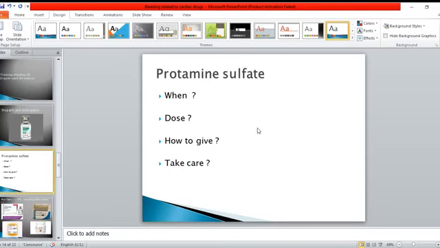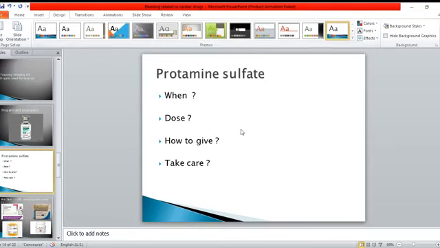Regarding low molecular weight heparin like enoxaparin, usually we give 1 milligram of protamine sulphate for each 1 milligram of enoxaparin. So if the patient is taking 60 milligrams, we give 60 milligrams. If 80 milligrams, we give 80 milligrams. This is if the patient has taken the drug within the last 8 hours. If it's more than 8 hours, we may give a lower dose.